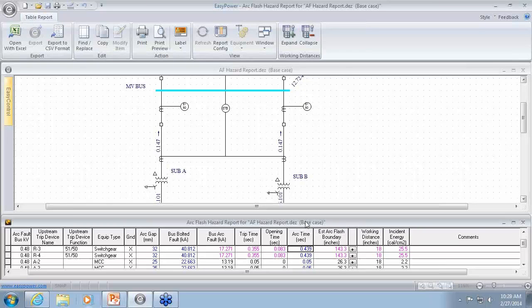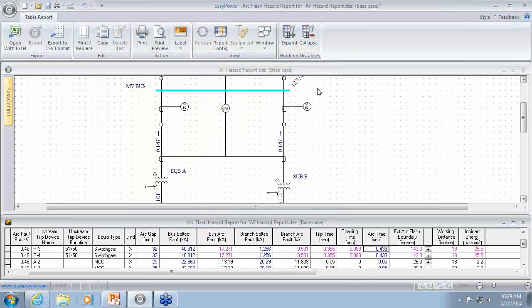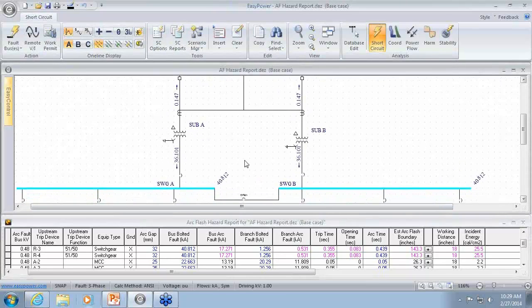Before we go further, I'm going to add a couple things to my report here. Two of the other options that you can select are branch bolted fault current and branch arcing fault current. These are based on the tripping device. So for instance,